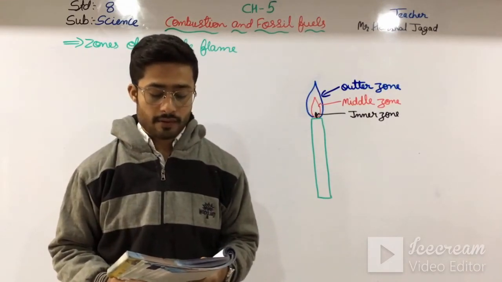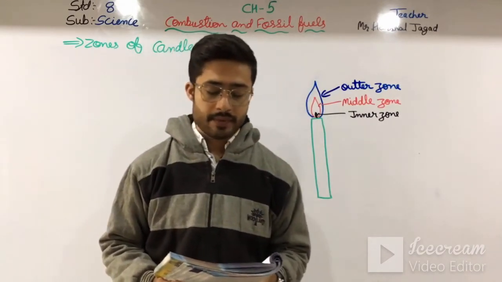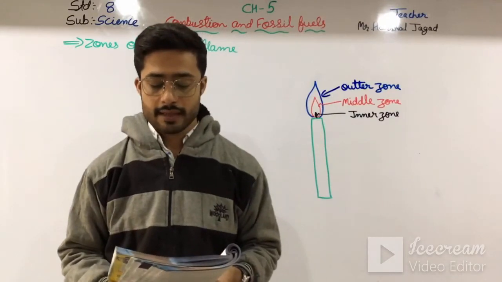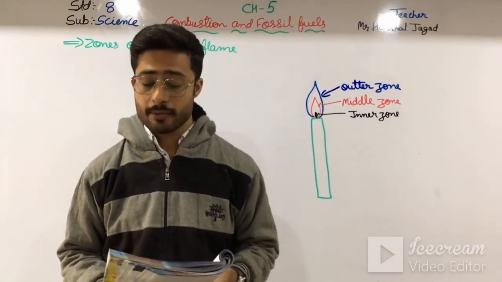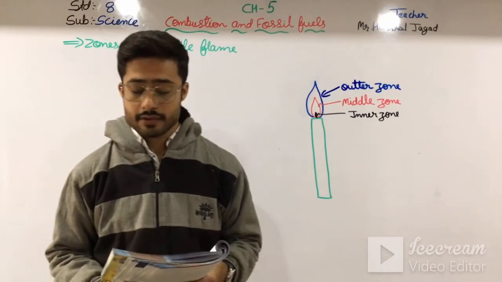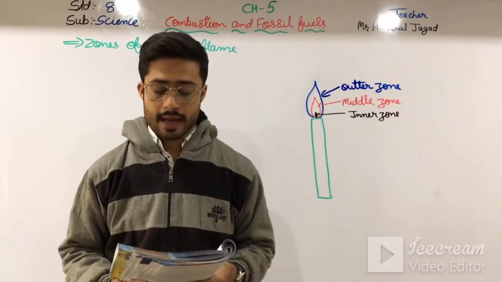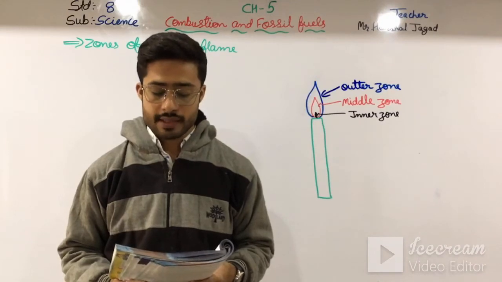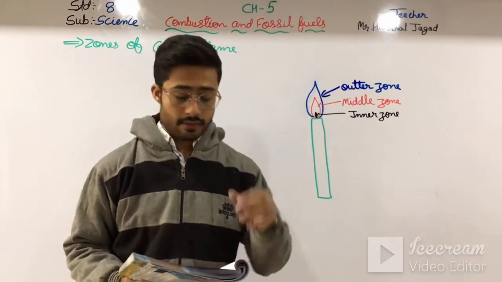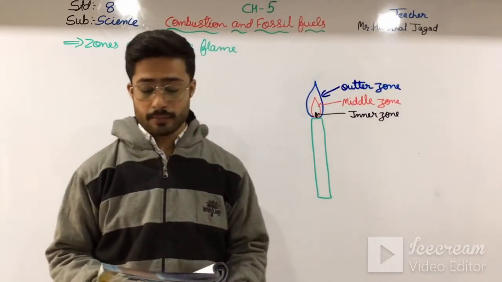Observation: the flame goes out after some time. Conclusion: by squeezing the wick tightly, the wick is unable to absorb liquid wax. This stops the supply of fuel, the combustible substance, and the flame is extinguished. Note: this activity should also be done under adult supervision.